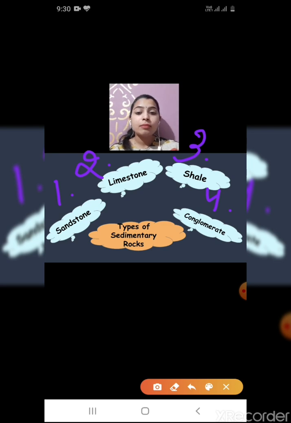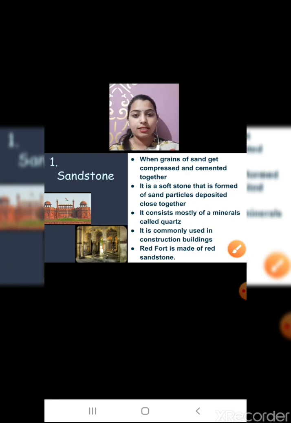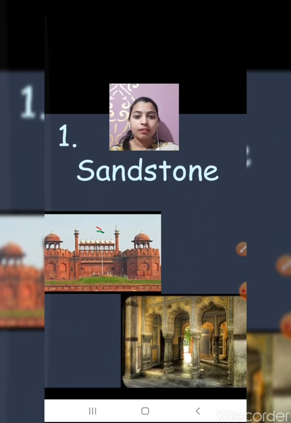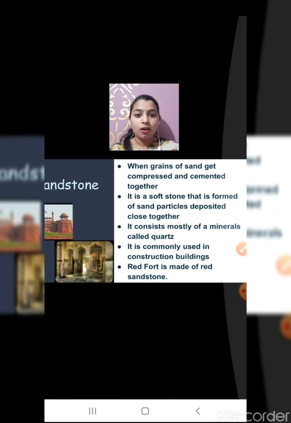How many types of sedimentary rocks? Sedimentary rock is mainly in 4 types. First one is sandstone, repeat with me, sandstone, then limestone, then shale, and then conglomerate. Now the first one we study is sandstone. Now